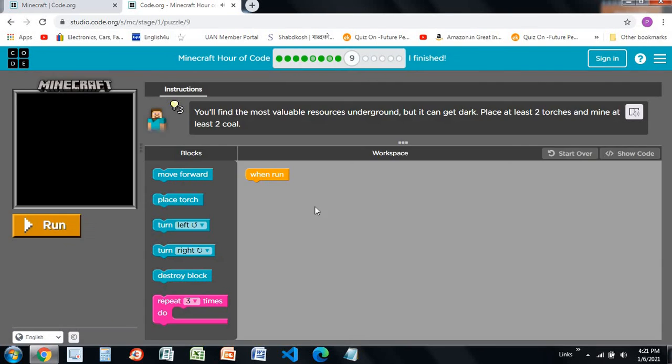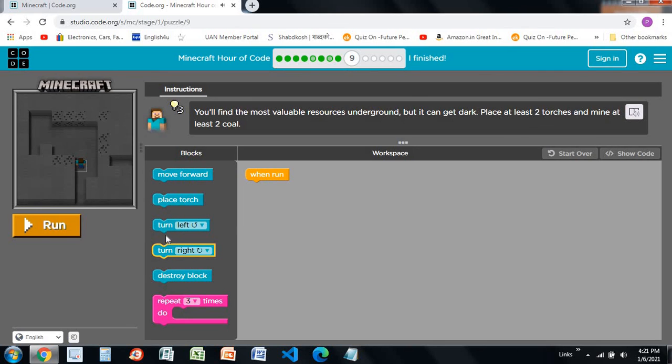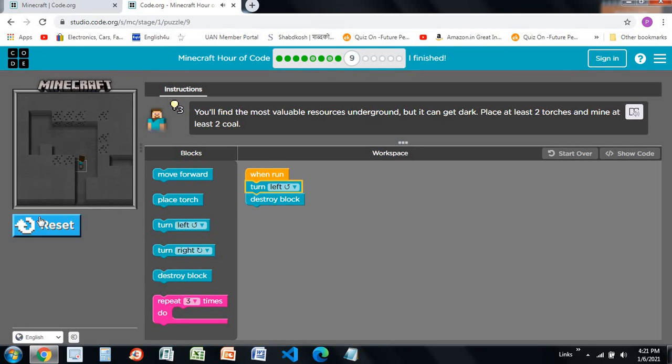So this is the last puzzle over here. First turn left, destroy block. Let's see. Okay, I think I've already made my video so long, so if I solve this puzzle it will be a little longer. So I'll just end our video here, and from the next video or from any other session I'm going to continue from here.